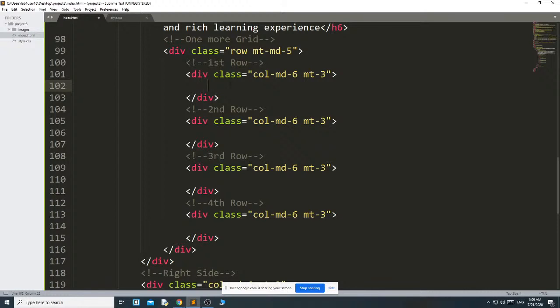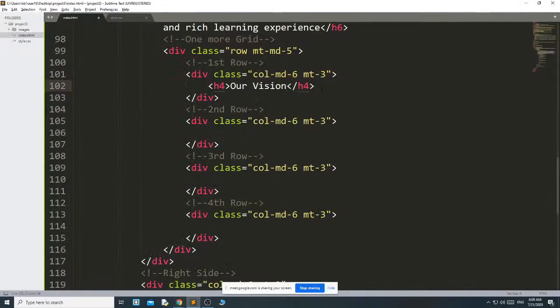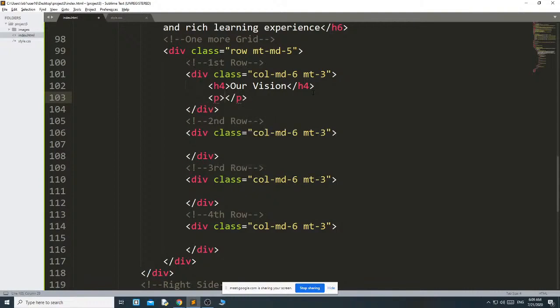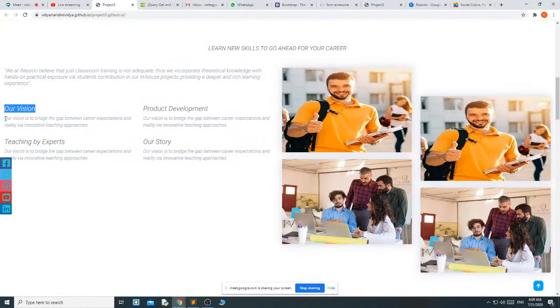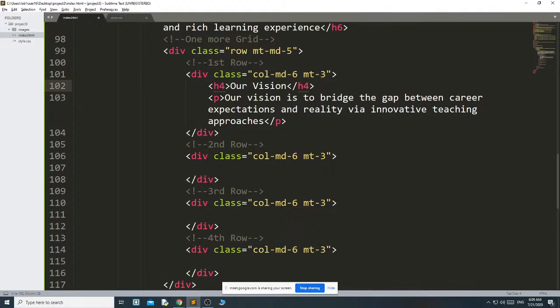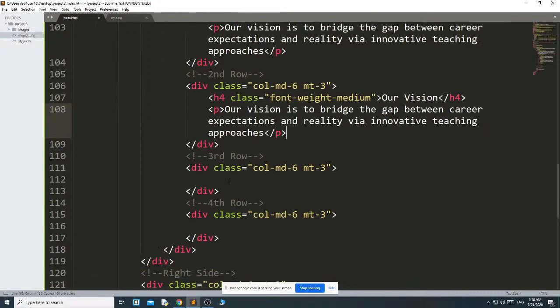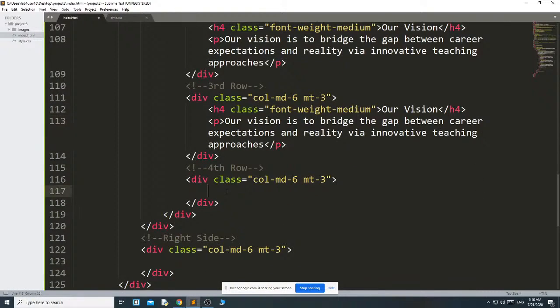Okay. Then inside this you are using H4 and I am writing our reason, then paragraph and this. Okay. And H4 I want class font weight medium. Okay. This thing I want in all the rows, second, third, fourth.